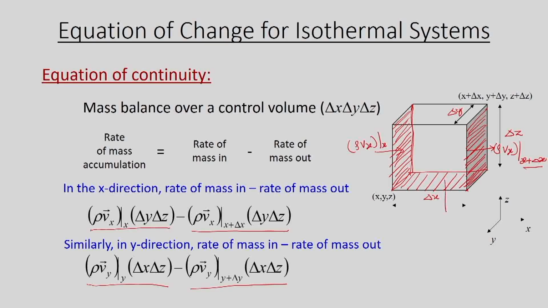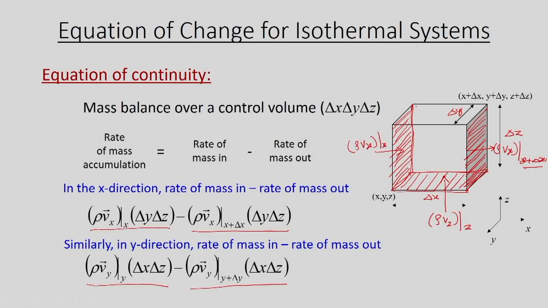So, what is the mass entering here? It is rho v z at location z. And what is the area of the plane through which it is entering in the z direction? It is the area of this particular plane, that is delta x multiplied by delta y. So, rho v z at z multiplied by delta x and delta y would be the rate of mass in